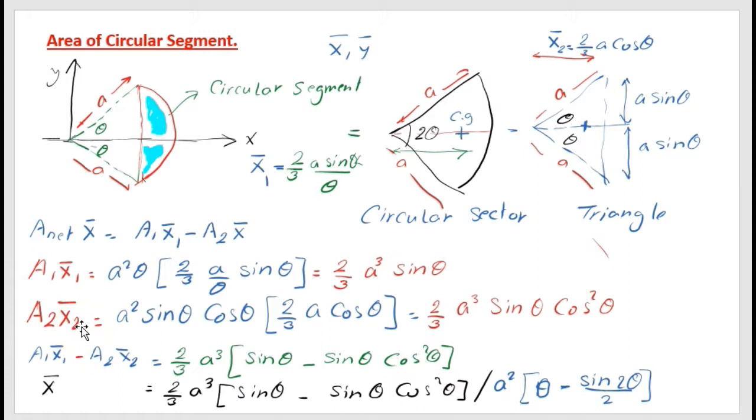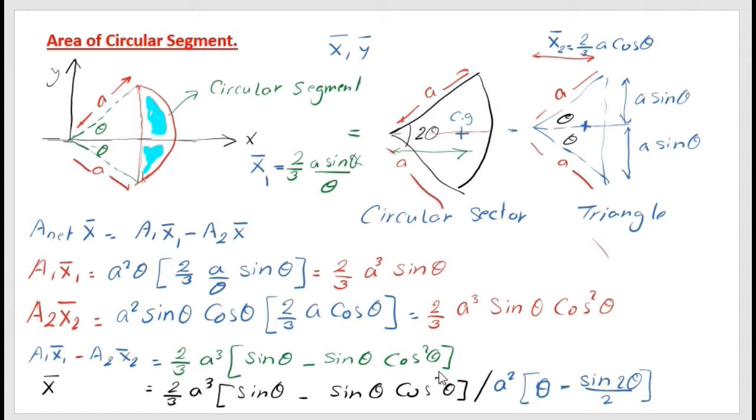The A2, we already know, is A squared sine theta cosine theta, multiplied by 2/3 of A cosine theta. So we have A cubed and 2/3 outside. We have sine multiplied by cosine squared. So we are going to deduct now 2/3 A cubed multiplied by, we open bracket, sine theta minus sine theta cosine squared theta,